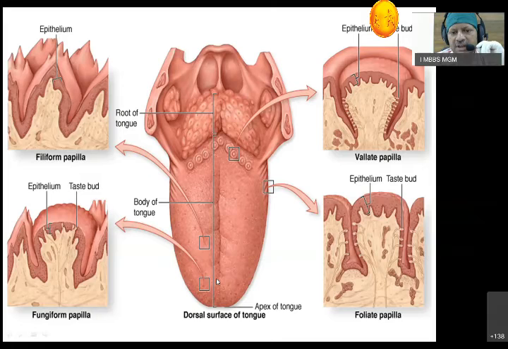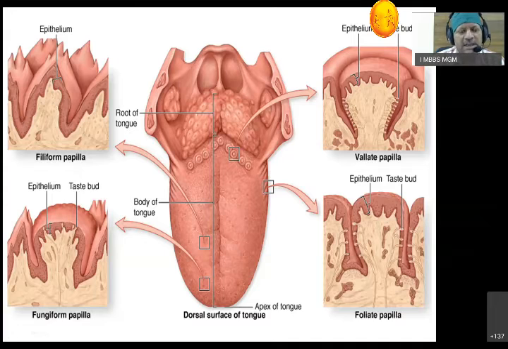What we are more concerned about is this part. So this is coming from the lingual swelling, first arch. So the nerve supply is mandibular, so mandibular means lingual nerve. That is our sensation. Now if we try to see histologically, this rough surface is because of what? Because of elevations of the epithelium. One, we see the conical elevations in the epithelium. We call them filiform. They are numerous. They are directed upwards and backward, and they are devoid of taste buds.